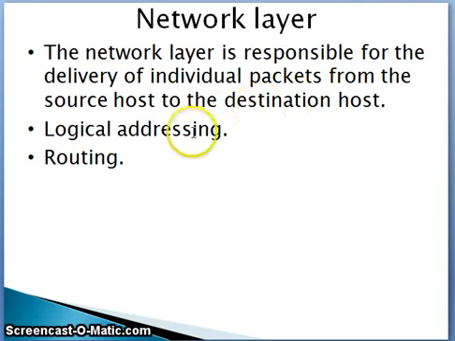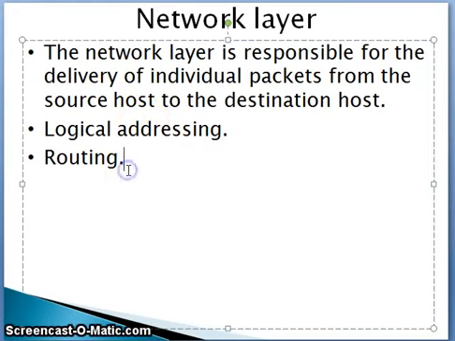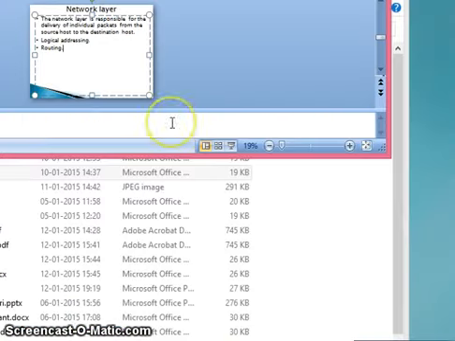The first thing the network layer is going to do is logical addressing. Now what do we mean by logical addressing? It is going to assign IP addresses, where the packet adds the IP address of the source and the IP address of the destination, and through this IP address the route is established between source and destination. So this is a very important job done at the network layer. Routing is to establish the path between source and destination with the help of these IP addresses.